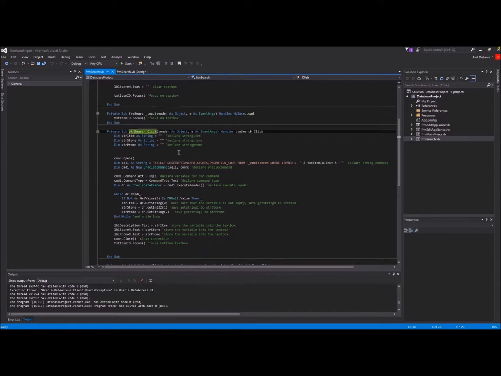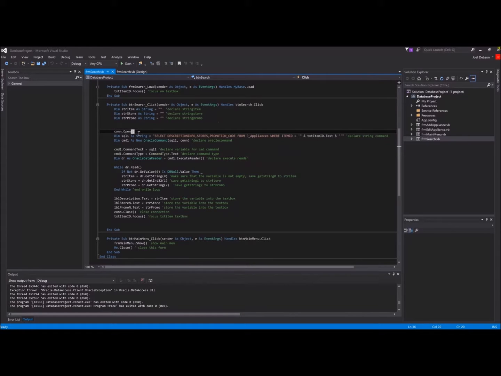Now our button search, we go ahead and declare a string for our item, declare a string for our store, and declare a string for a promo, and we declare them empty. Here we go ahead and open our connection,